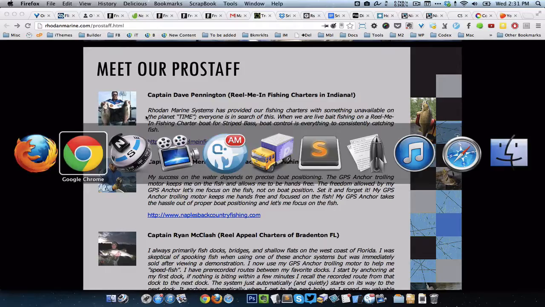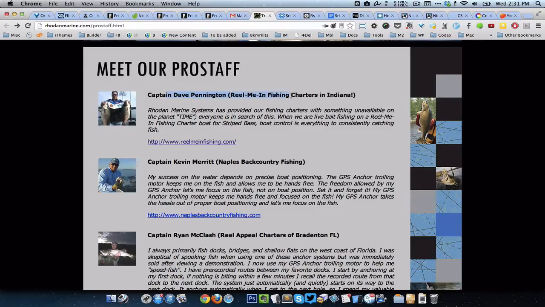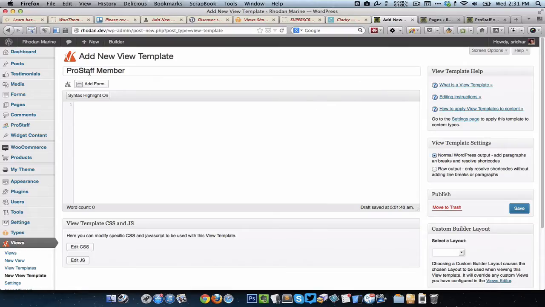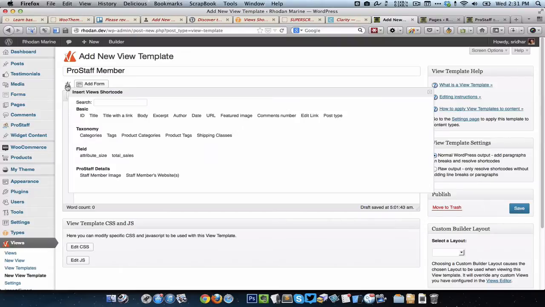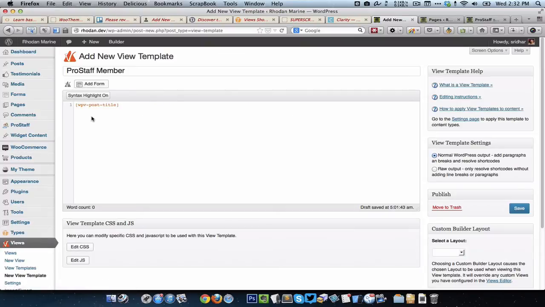Right, so the first thing is that we want the title of the person to appear. So I'm going to click on this button, and from here I'm going to select title. There are several options here. These are the default WordPress tags or fields, and we can see the custom fields that I have created are listed here. These are the taxonomies available in WordPress. Since I want the title of the staff member without a link to appear, I'm going to select title, and I want this title to be wrapped in H2.